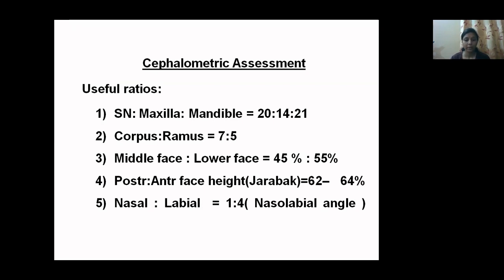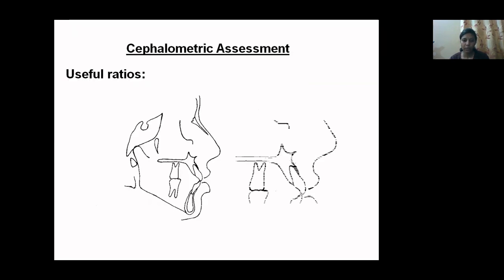Corpus to ramus 5:7, middle face to lower face, that is the Jarabak ratio, and the nasolabial 1:4 ratio. These are the useful ratios that should be considered before going for the surgical strategies, so that if a discrepancy exists in these ratios,